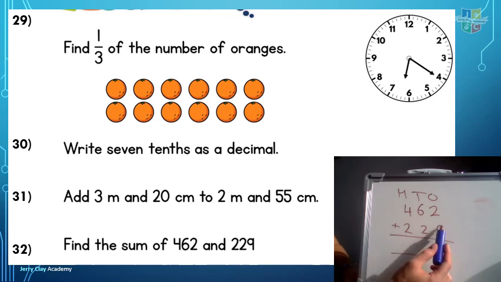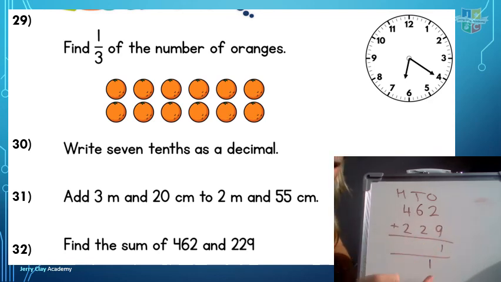And finally, number 32, you should have worked it out using the column method. I started with my ones: 2 add 9 is 11, but I can't put 11 in one column, so I exchange. 6 add 2 is 8, add 1 is 9, and 4 add 2 is 6, so your answer is